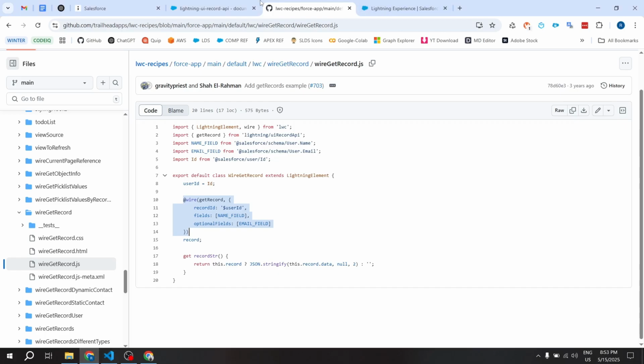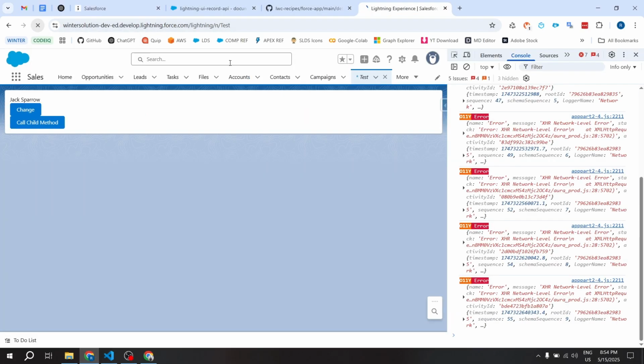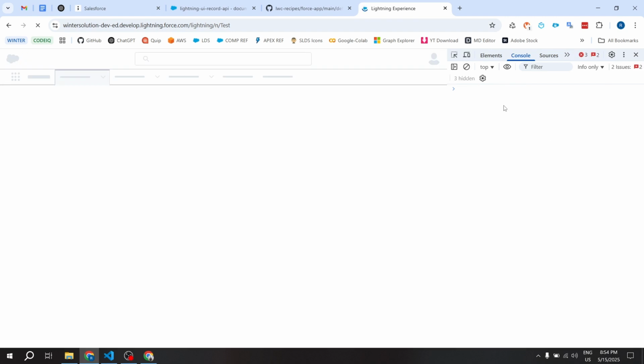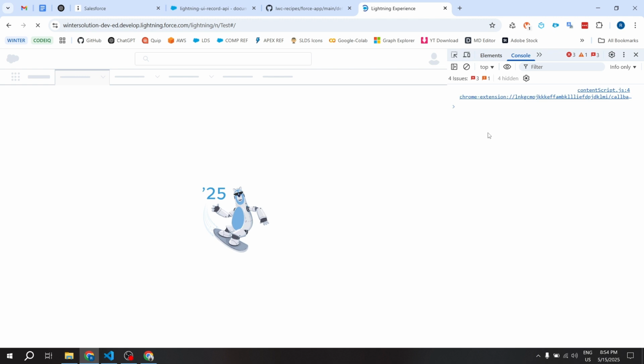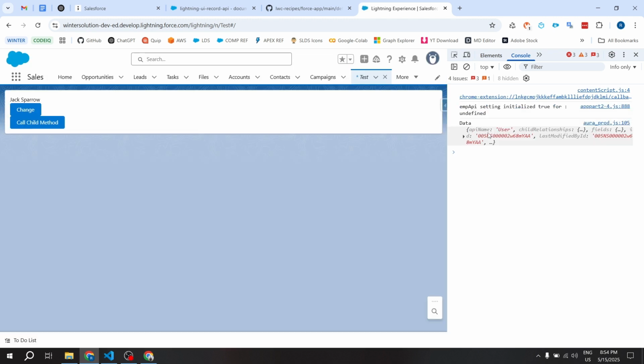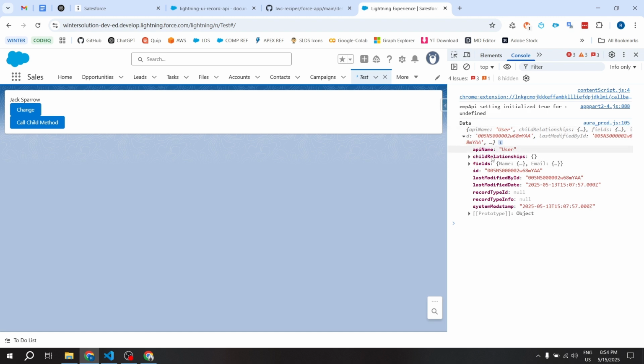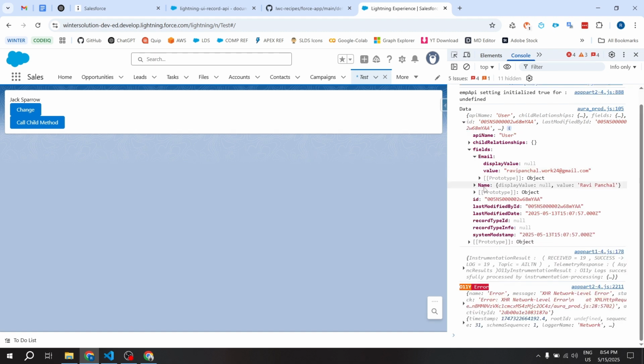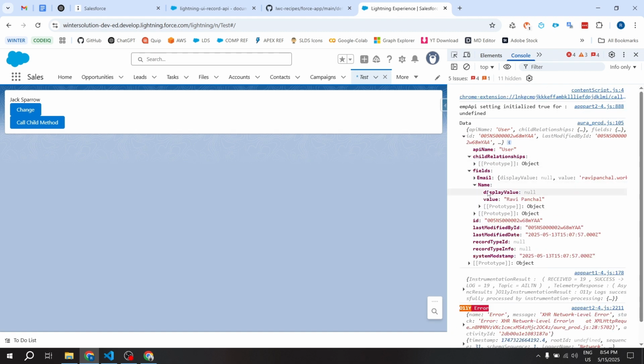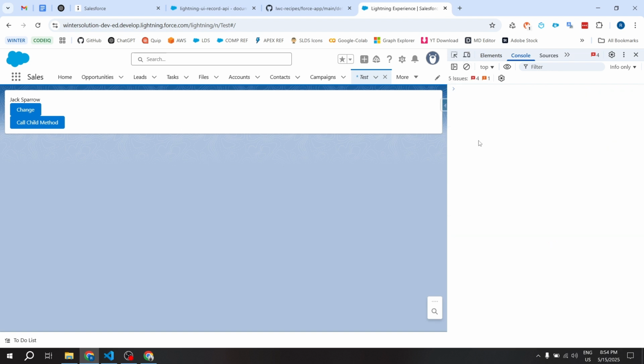So let's refresh this page again, and here you can see our data is coming. So here our user object is now fetched successfully, and from this JSON you can get your detail. So that's how you can use a wire adapter to fetch your data whenever our page is loaded. So let's now talk about